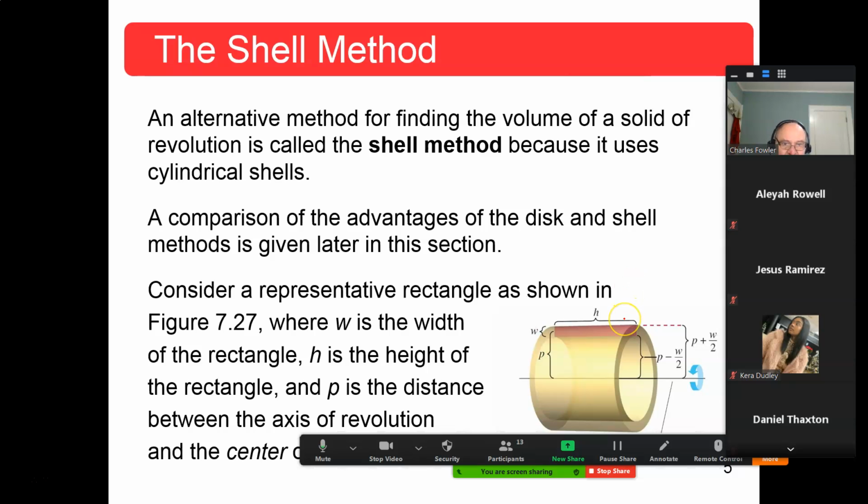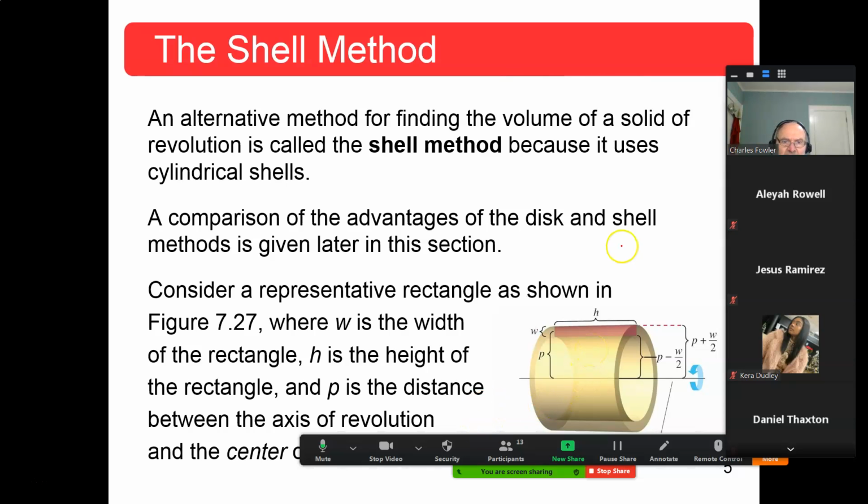The inner radius of this is P minus half that W, and the outer radius is P plus half that W. Now, this rectangle they have here, H by W. Now remember, W is pretty small, but the area of that rectangle is H times W. Now, what we're going to do to get the volume of that shell that you get by rotating this rectangle all the way around, that volume would be the area that you just did, H times W, times